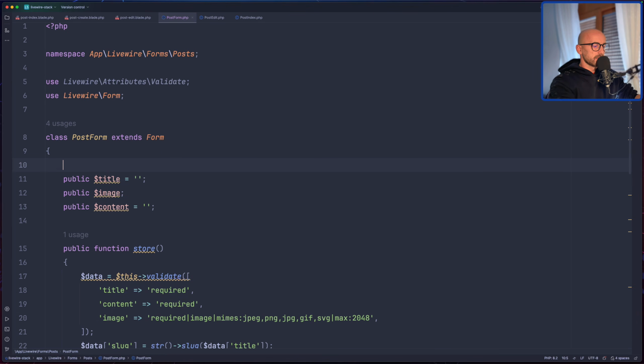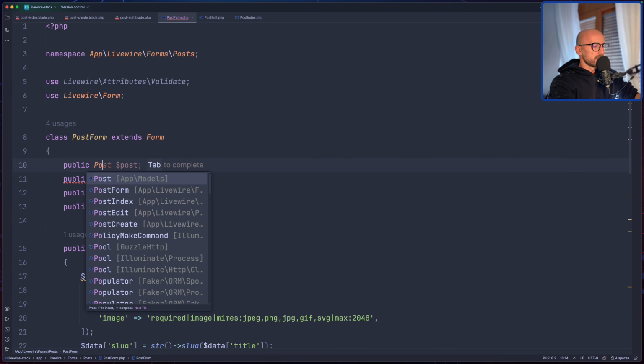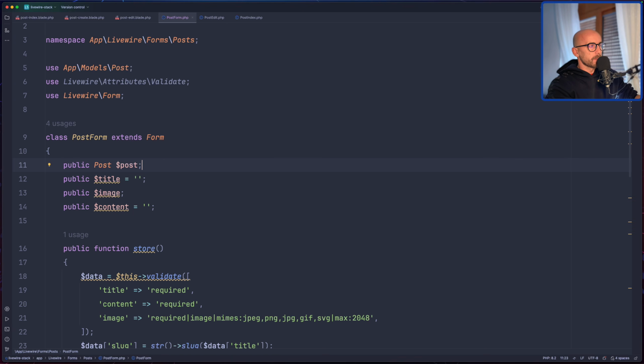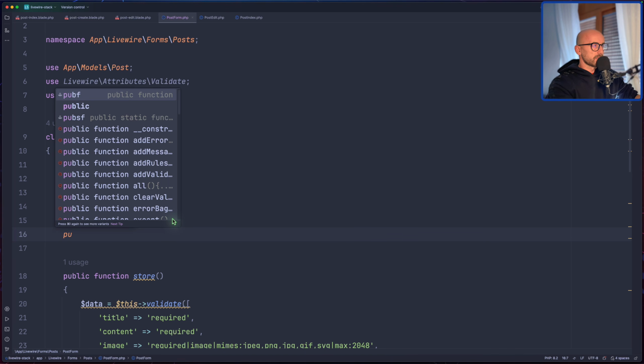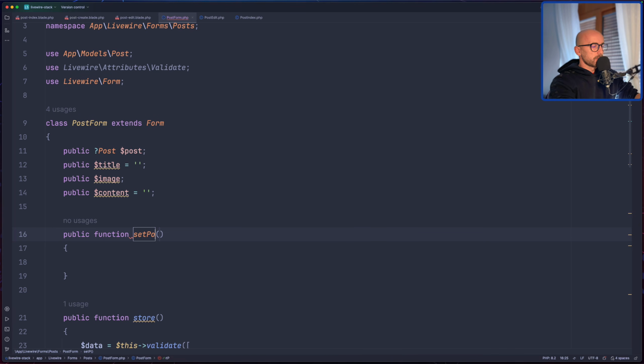First, I'm going to create a public post $post, but this is going to be optional. We're going to assign the post only if we are on the edit, not when we create, because we use the same post form for create and the edit. And then we need to somehow assign the title, the post title, and the content, the post content. For that, I'm going to create a method, public function. Let's name it as set post, but you can name it what you like. And here we're going to receive a post,